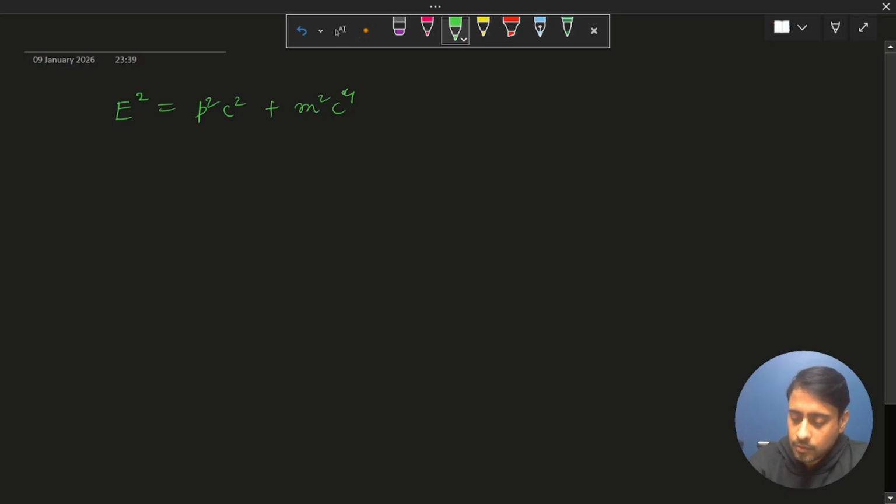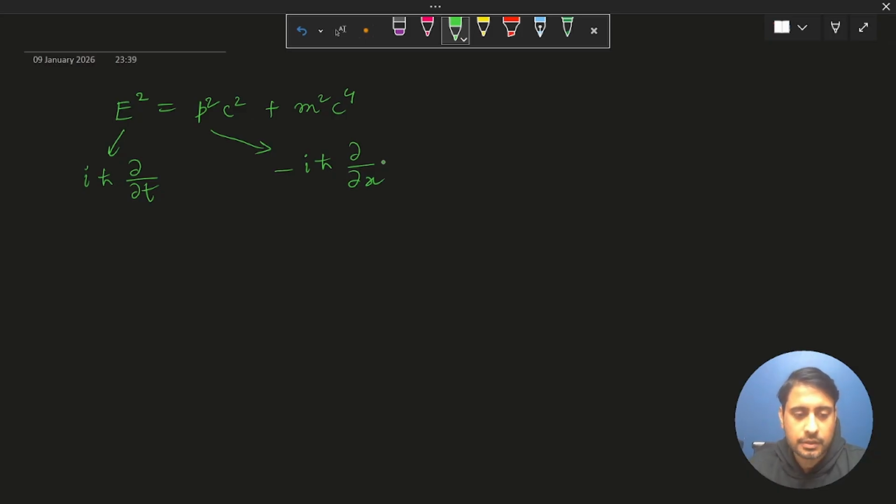When we try to quantize this equation, similar to the Schrodinger equation, by replacing the energy by i h bar del over del t, and the momentum p by the momentum operator minus i h bar del over del x for a one-dimensional particle. And we have also seen, I think we converted it into 3 dimensions, and we find that